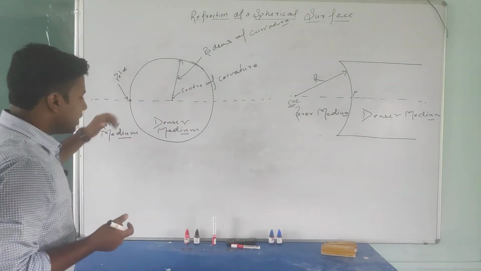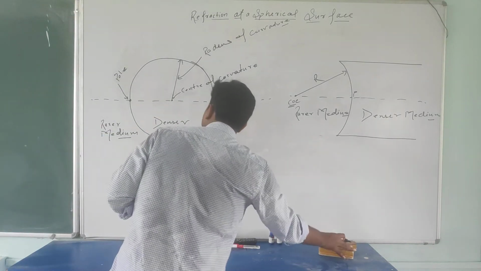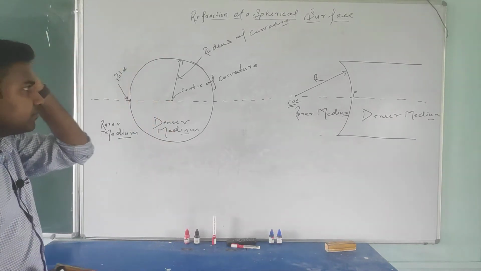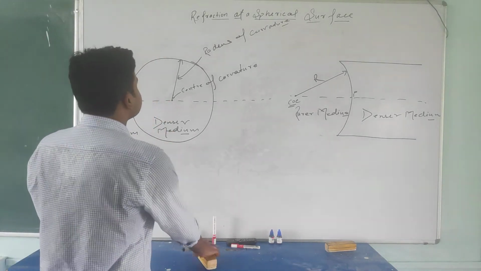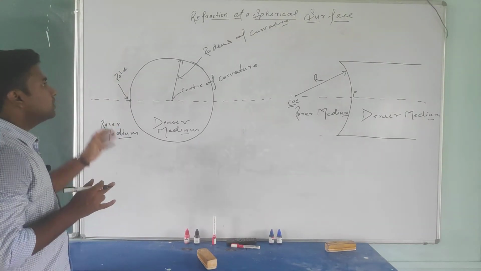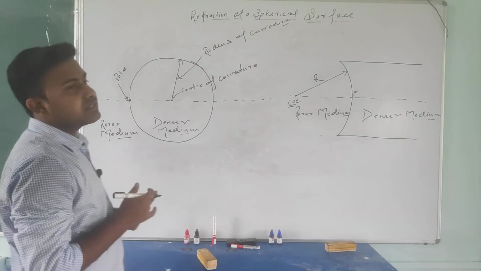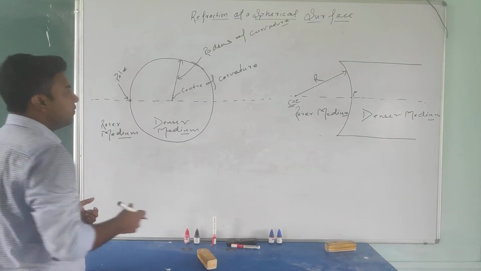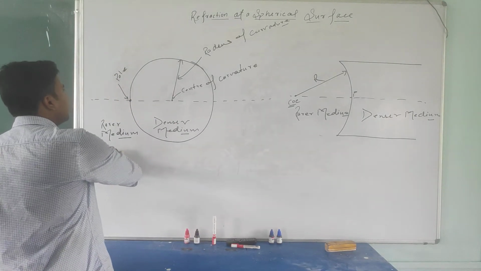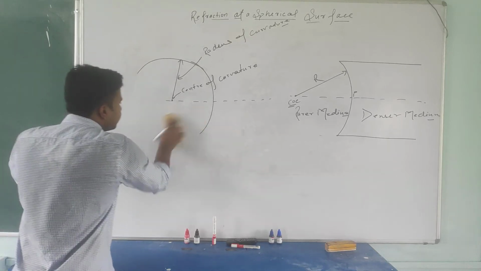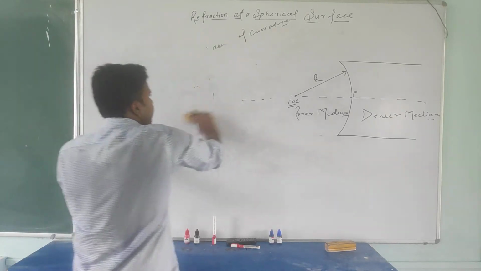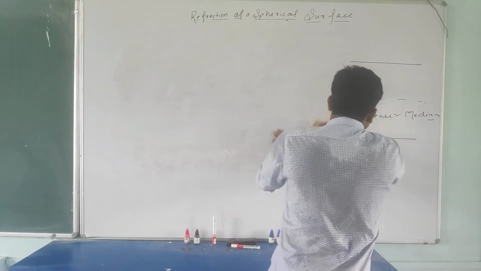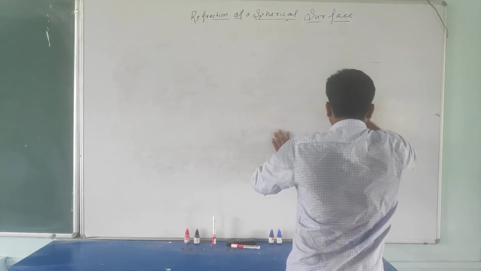Look at this, there are two types of image, you all know, real image and virtual image. So when will a real image form and when will a virtual image form? Now I am going to discuss the types of image formed through this spherical surface. If refraction is happening at this spherical surface, then how will the image form and which type of image will form? I am going to discuss all the cases one by one. This is very important, especially for the board exam. Generally IIT JEE or NEET asks formula based questions from here.